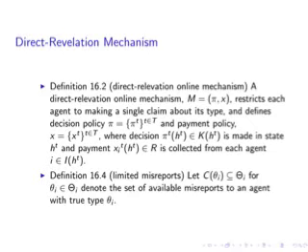The mechanism state h^t, which is in capital H^t, where capital H^t is the set of possible states in period t, captures all information relevant to the decision by the mechanism in that period. Let omega, little omega, in capital Omega define the set of possible stochastic events that can occur in the environment, such as the realization of uncertain supply. This does not include the types of agents or any randomization within the mechanism itself.